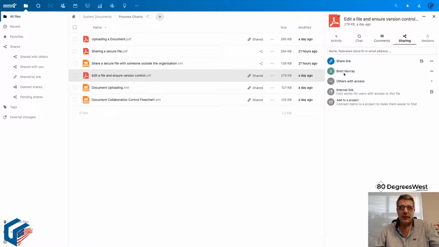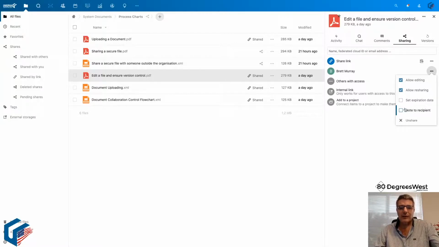So there it is. This file is shared with Brett. Brett will have certain access rights to it. If you click on those three little dots there, so Brett is allowed editing of the file, and Brett is allowed resharing of the file. We can also set the expiration date for this share with Brett, or we can actually put a note to Brett. You know, if there's any background information that you want to share with Brett, and make sure that Brett knows about it,